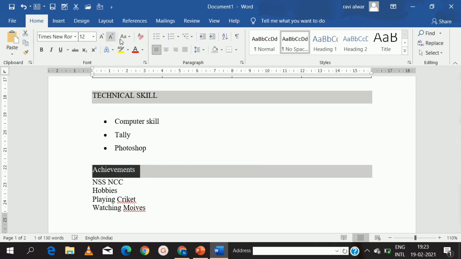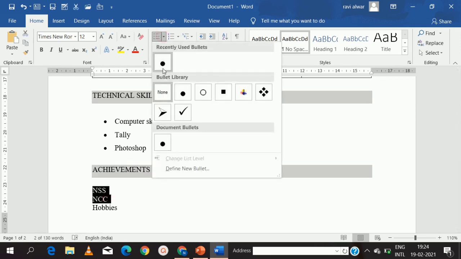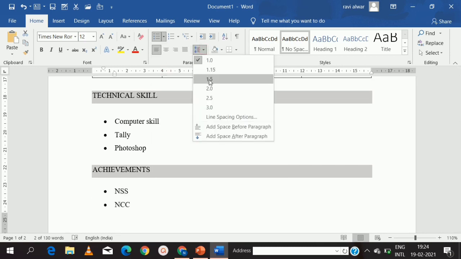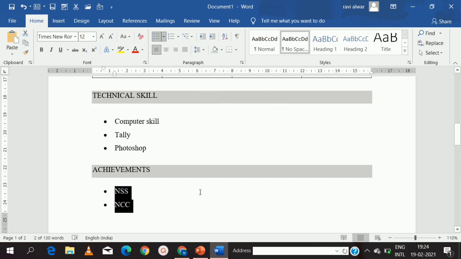I want this in uppercase, so I'm going to click on uppercase. Again, I have 2 achievements. I was part of NCC and NSS. So select this, go to the same bullet option, click on the bullet style whichever you need, then give space. Then this is done.